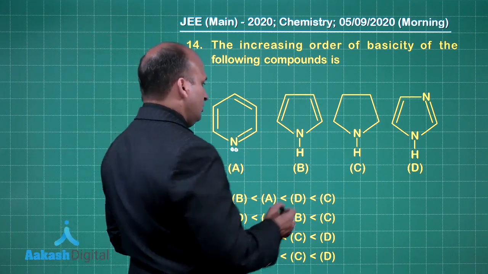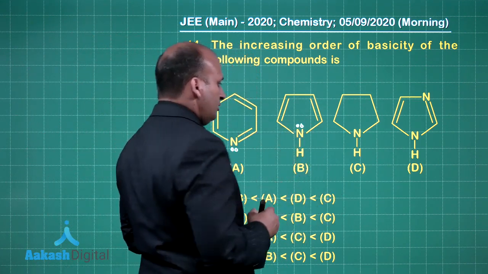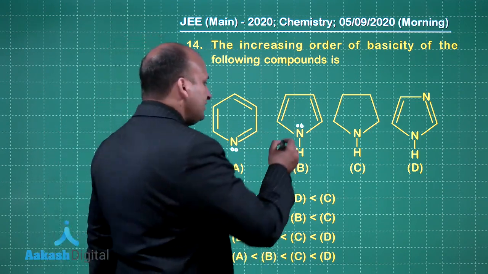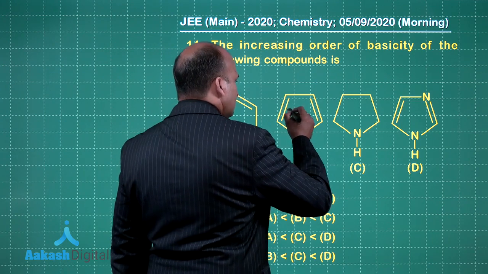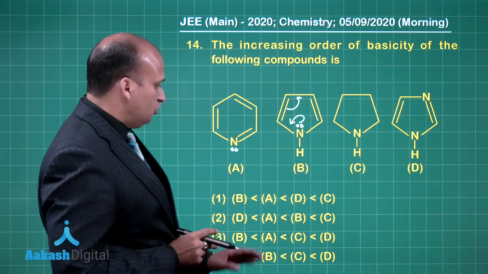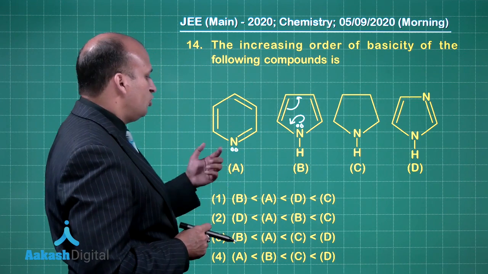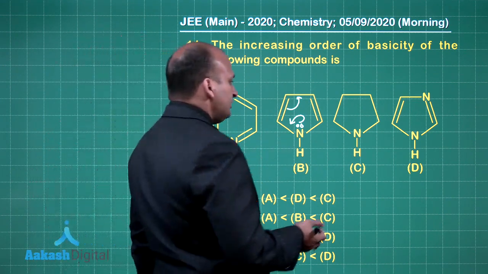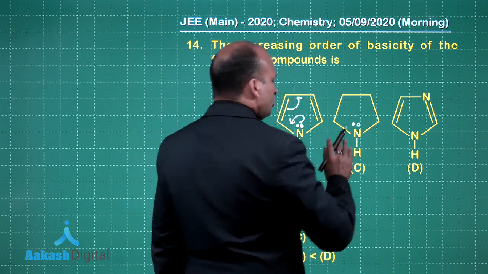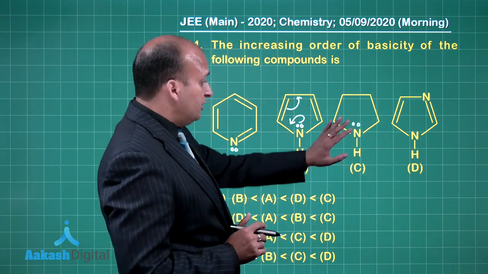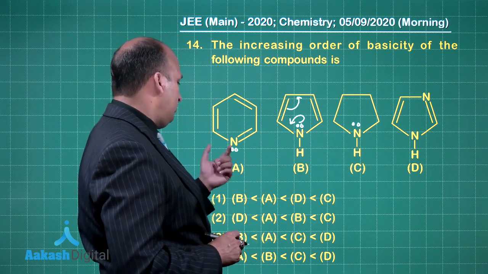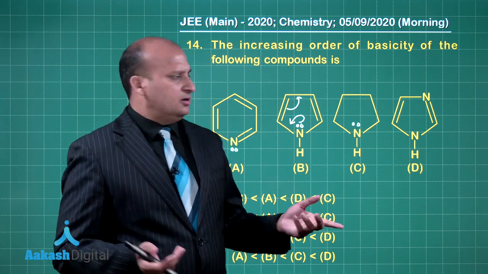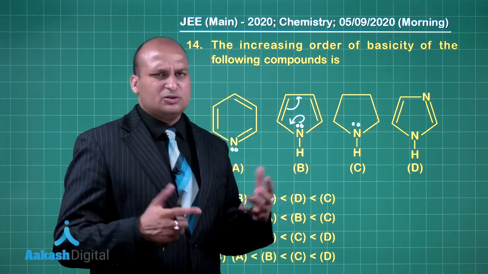What about this compound B? Over here nitrogen is having the lone pair, no pi bond, it can easily participate in conjugation, right? So out of the two I can say A is more basic as compared to B, right? Let us go to C. See, in this case the nitrogen is totally free, there is no pi bond over here, whereas in case A you are seeing a pi bond also. You will say, sir, what is the effect of that? See, no conjugation we have understood, but what about this pi bond?